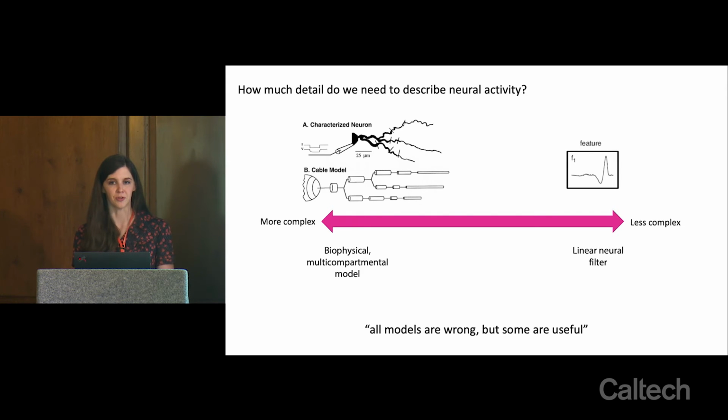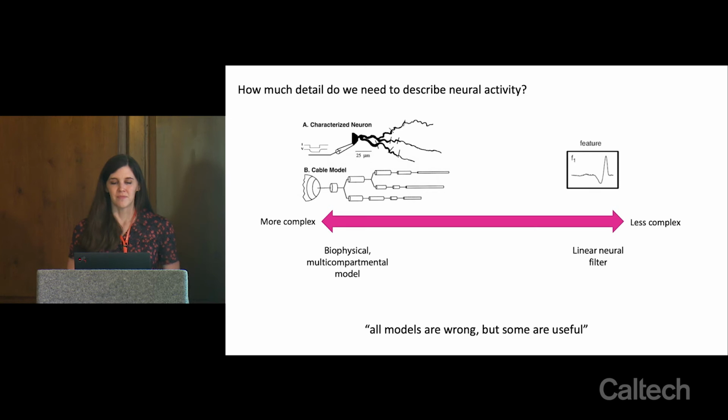The basic one is the cable theory model, which describes the resistance of dendritic arbors to the flow of current to the cell by capturing the resistance, the conductance of different components of the dendritic arbor and modeling how a voltage perturbation at one part of that arbor is going to be communicated to the cell body. You can build these models, fit them to anatomical structure data from neuroscience, and try to capture how ion channels are distributed in the dendritic arbor and how that can add fancy nonlinearities that gate input to the cells. There's a lot of things that you can do with these biophysical models if it's the kind of thing that you're interested in understanding.